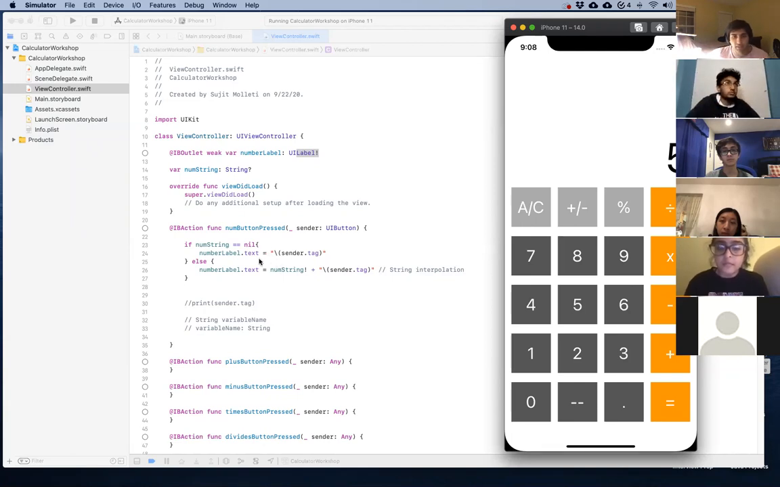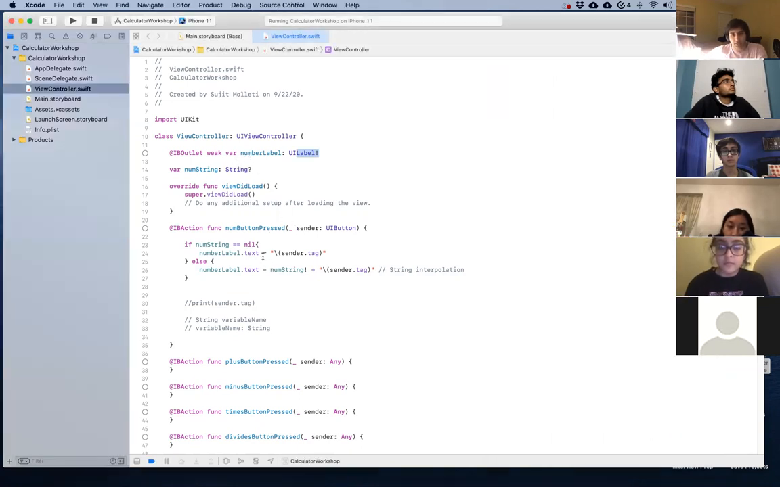What we have here is numberLabel.text is equal to sender.tag if it's equal to nil. And then numString is equal to the sender's tag. Notice that we're never setting numString. We set it up here, but we never set it. So I think the best way to do this is to